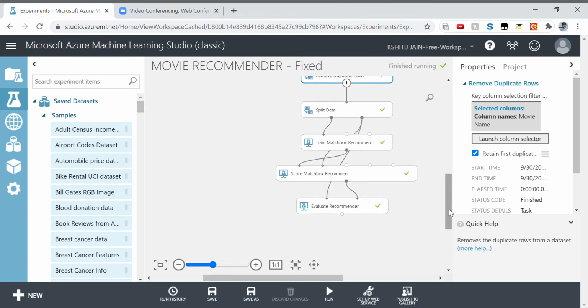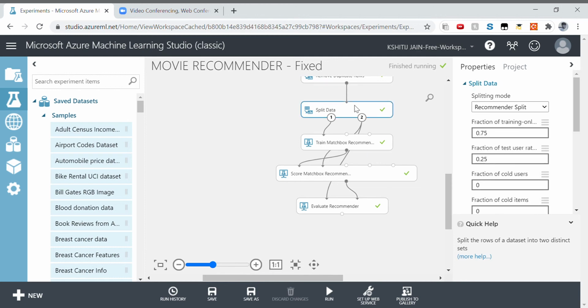Then we will be using the split data node, which will make sure that the data are not overfitted. The splitting mode we will be using is recommender split.